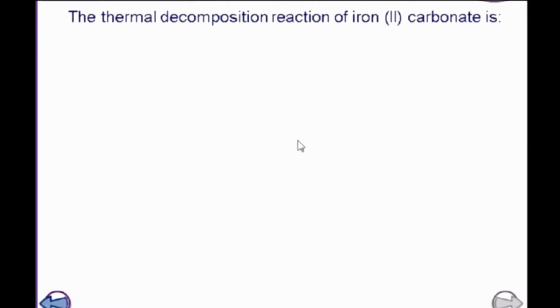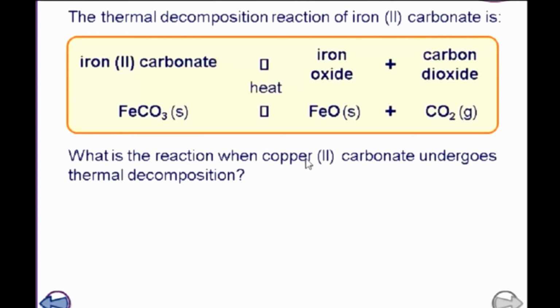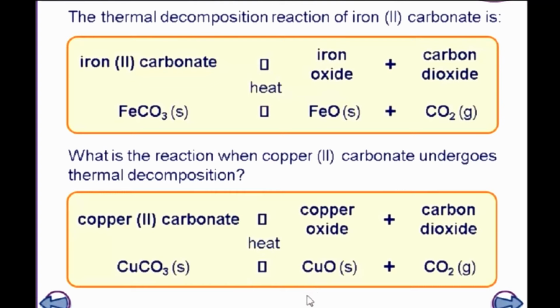Alright, thermal decomposition of iron carbonate. So iron carbonate, FeCO3, if heated, will give you iron oxide and carbon dioxide. What is the reaction when copper carbonate undergoes thermal decomposition? Anybody in the class? It will break down into CuO plus CO2. So that's the thermal decomposition of copper carbonate. I hope this is